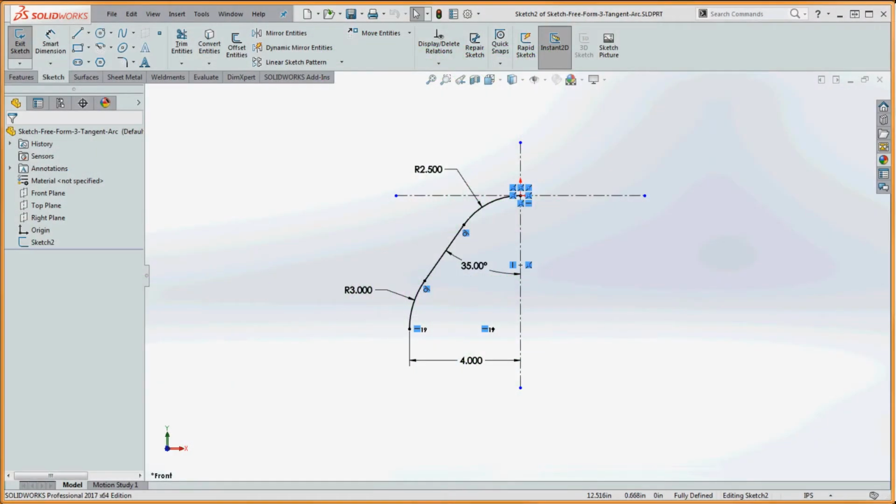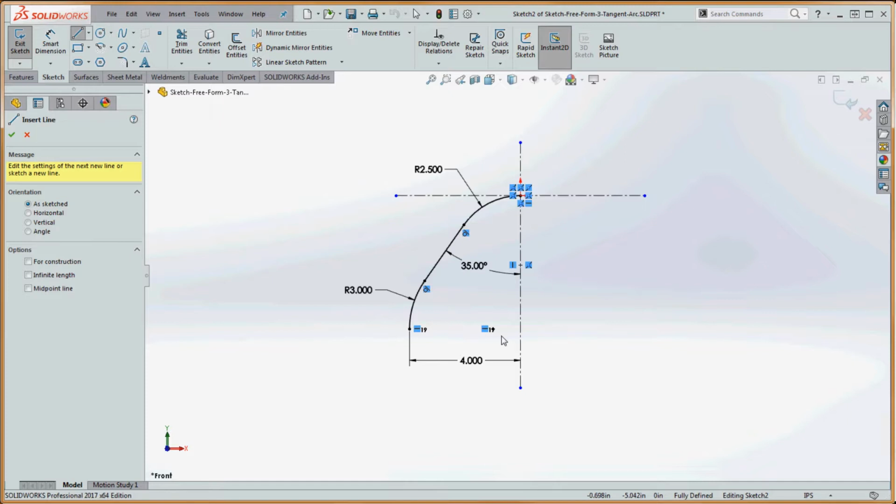Okay, so we're going to put in a couple more elements in here. We're going to put in a line, and we're going to put an arc next to that line. Everything is going to be tangent to each other, as we've been doing so far. So one thing to keep in mind here, we're going to put a line from that point down here. We're going to hopefully pick up the tangent relationship when we do that. And if we do pick up that tangent relationship, and because the center of the arc and one of the endpoints of the arc are going to be horizontal to each other,